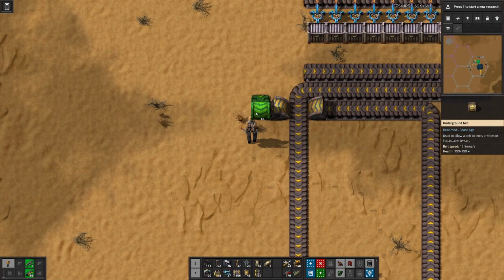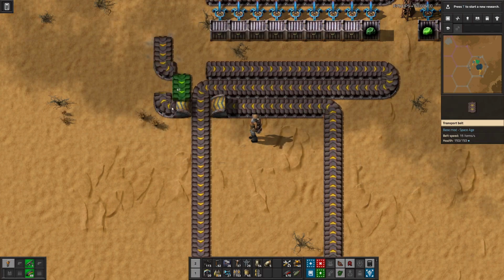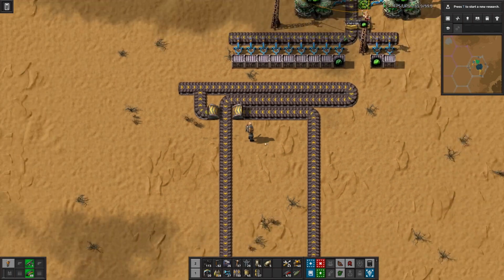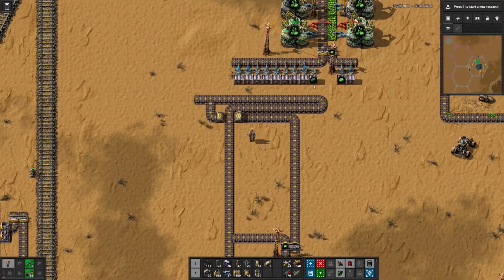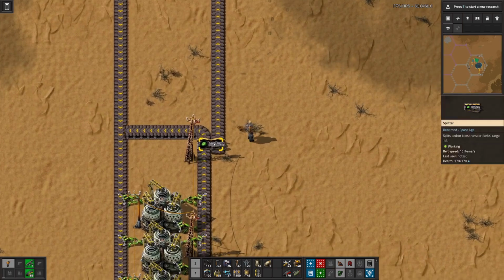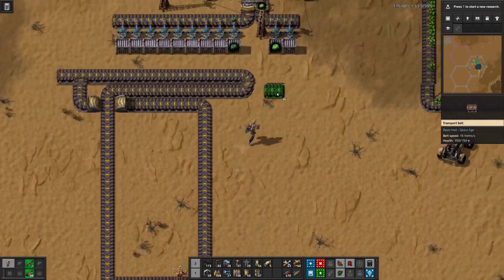So what we can do here is do it that way, and that brings it on this side, and that way any uranium coming from down here gets priority over what we have in there. And of course, we also want to have input priority here on the left. And we can add here